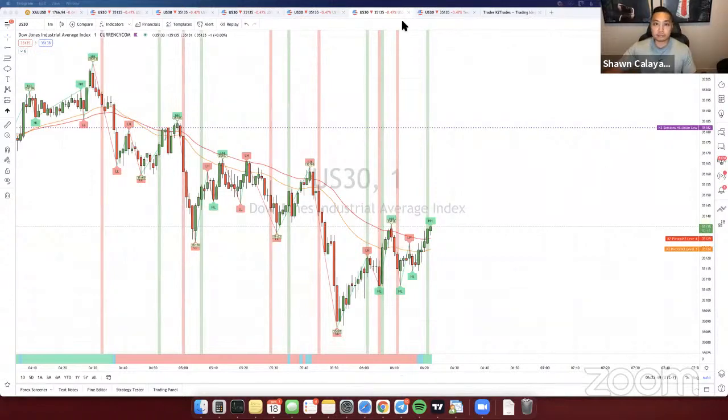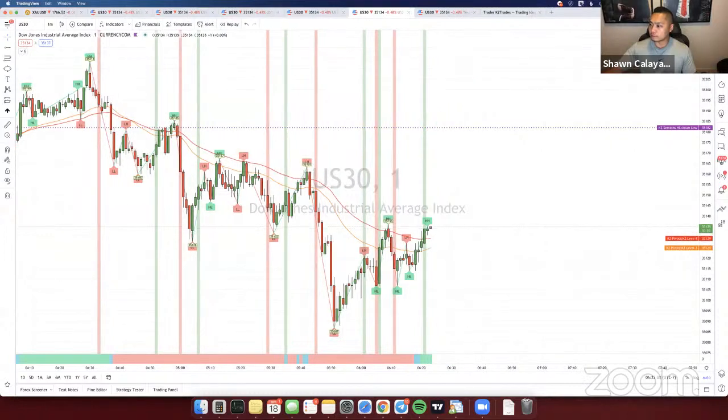I'm going to give it some time for people to join the Zoom. However, we can start analyzing US 30 prior to market open. So looking at US 30 right here, first thing we're going to do is identify what the